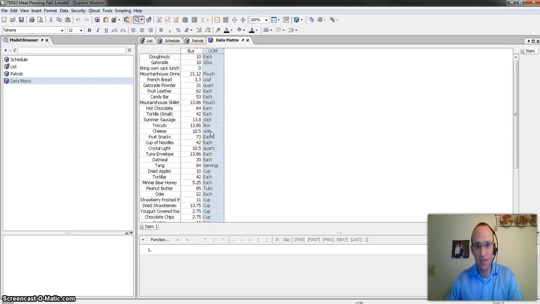I'm going to continue this model on and show you how else I've used Quantrix to help me prepare for this awesome backpacking trip I'm taking the Boy Scouts on. Please join me again for another episode where I'm going to wrap this up and show you some more of the powerful functionality of Quantrix outside your day job.